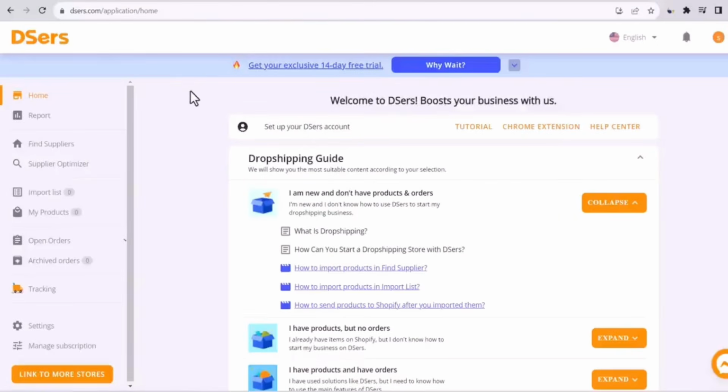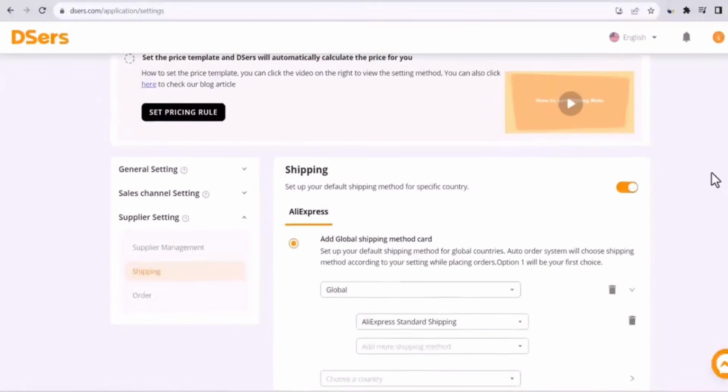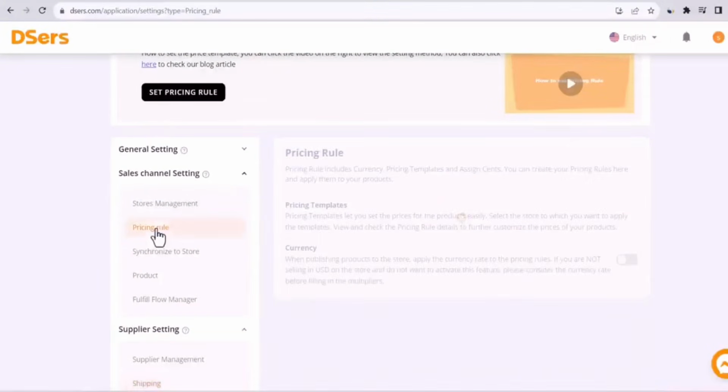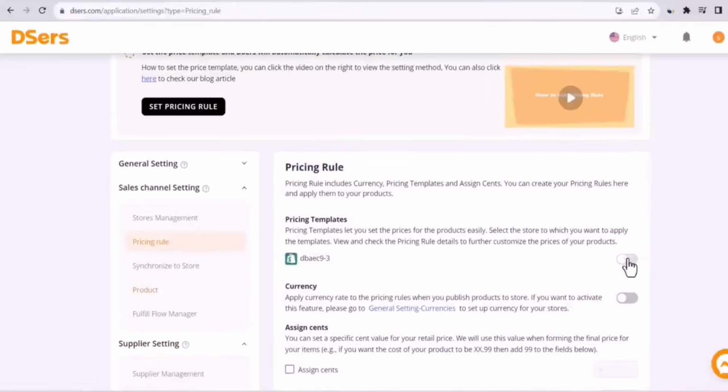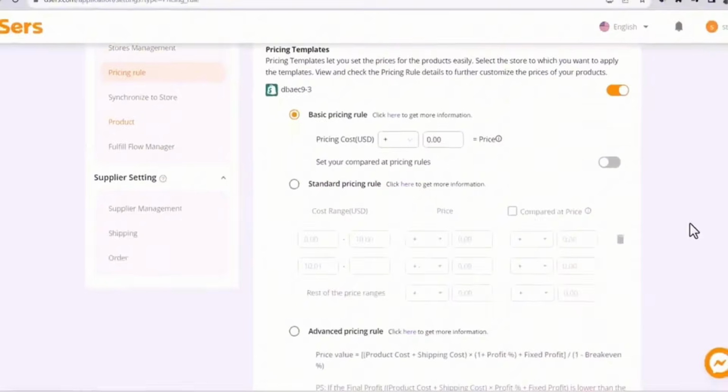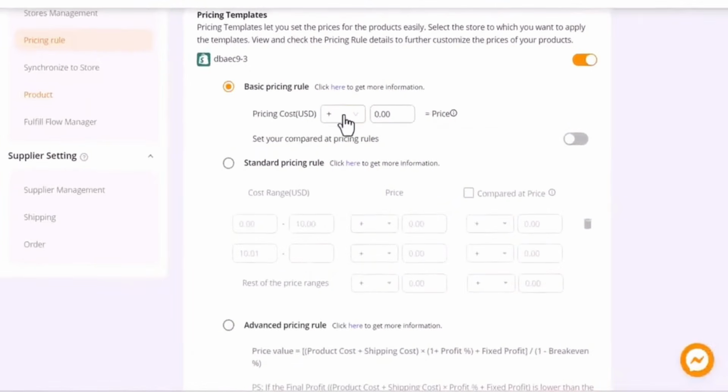Go back to the DSers app dashboard. We are going now to work on some important settings. Click down here on Settings. Go down and click on Sales Channel Settings, and then click on Pricing Rule. Activate Pricing Template. In this step, we will set up general pricing rules for imported products from AliExpress. At Pricing Cost, choose Multiply, which multiplies the product cost by the number you specify. For example, a product that costs $10 at AliExpress with a multiplier of 4 will be priced at $40 in